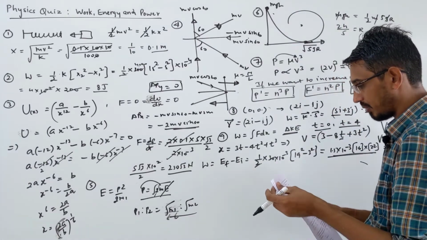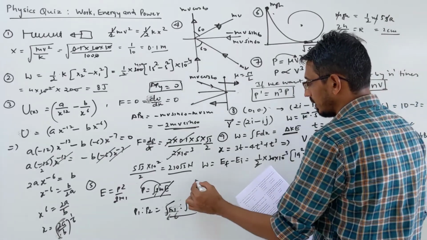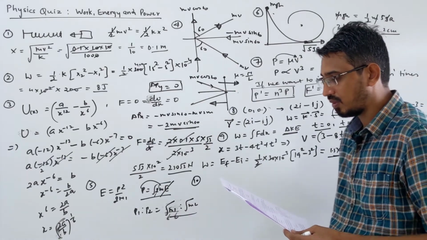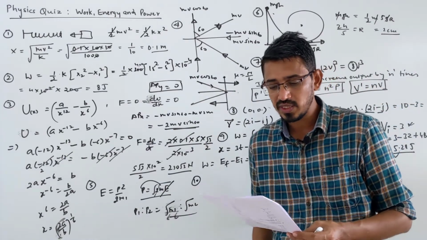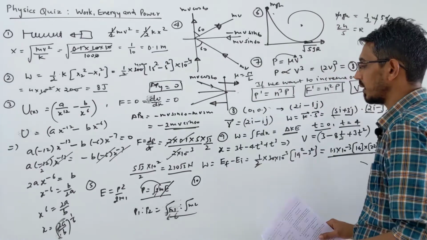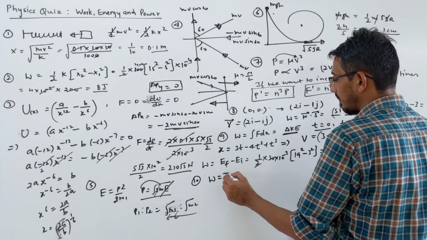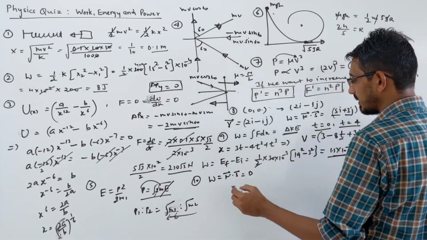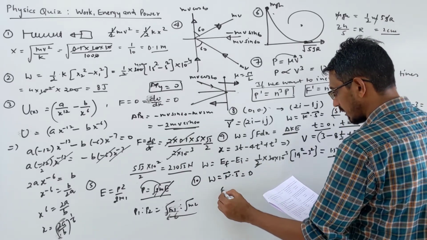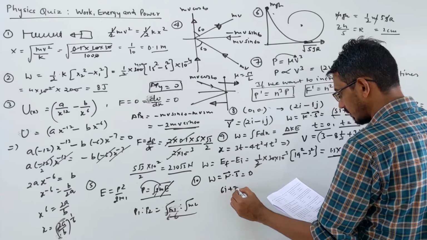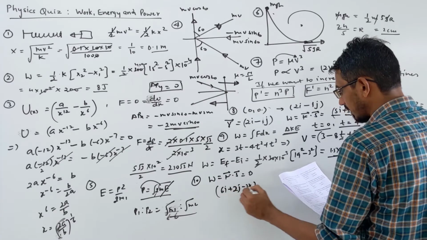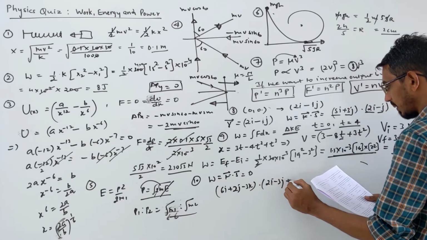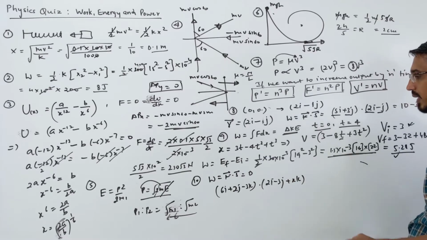Question number 10, another similar work energy question. They said a force is given, displacing a particle through this displacement. If work done is 0, find the value of x. Work done is F dot S, you know, right? And this is given as 0. Let's multiply and see what answer comes. The force is 6i plus 2j minus 3k, dot the displacement 2i minus 3j plus xk. This x we have to find.